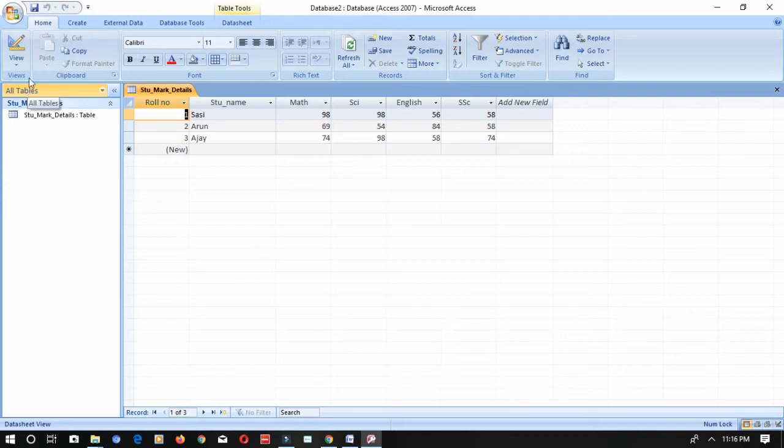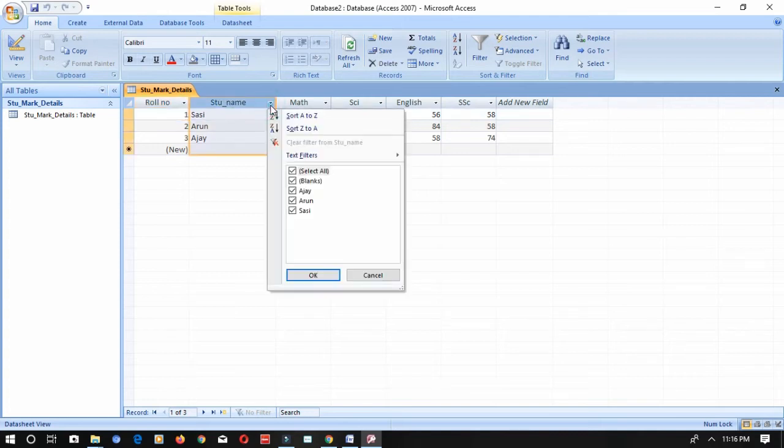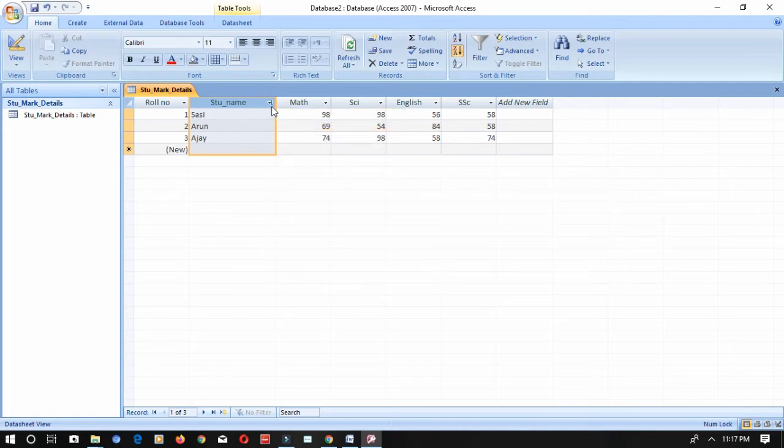See, already it is roll number 1, 2, 3. If you wanted to change the order according to the student name, alphabetical order, just click on this arrow over here. In every column you can just click on it. It will ask you, sort A to Z or Z to A. Already it is in Z to A format, so click A to Z. It will change accordingly. Can you see the roll number has been changed? Even the whole data has been changed accordingly.